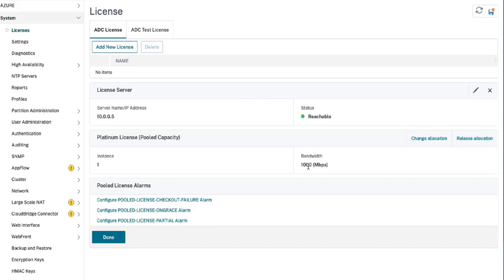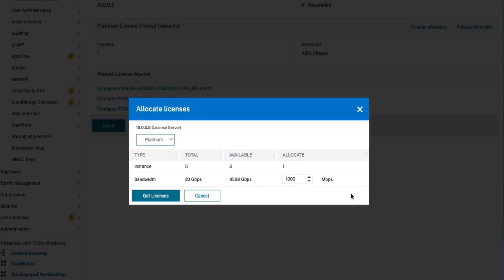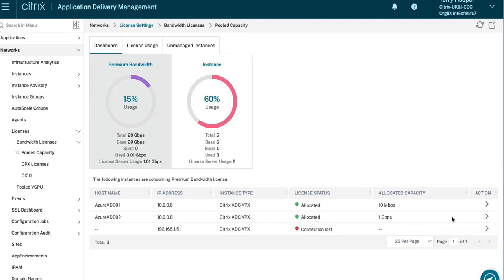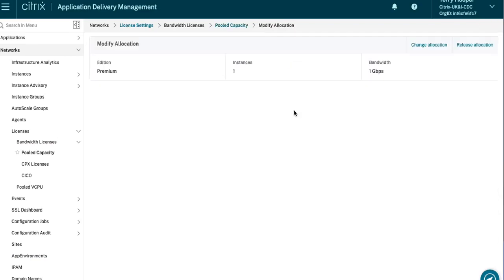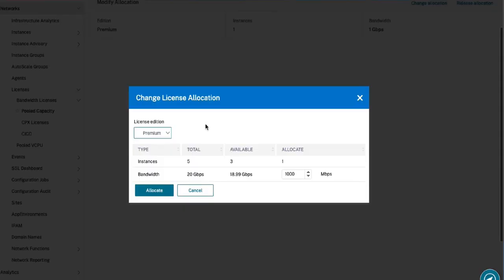And we can see here that we've got the licensing allocated. Change licensing options are available. So again, if we wanted to change that capacity, we could do it on the fly. So again, it's a case of changing that. Now, one of the things to mention on that changing of allocation is that do be aware that the compute